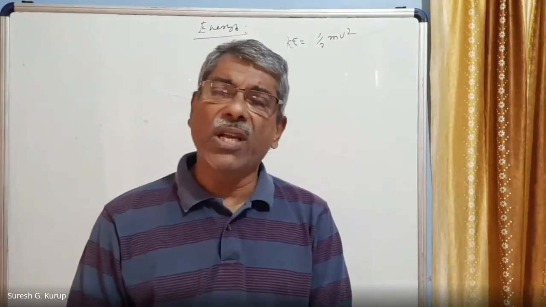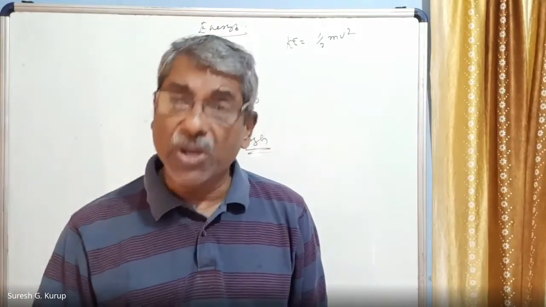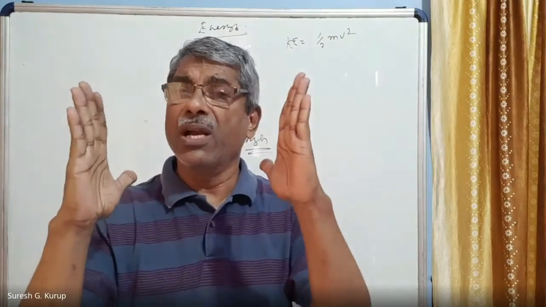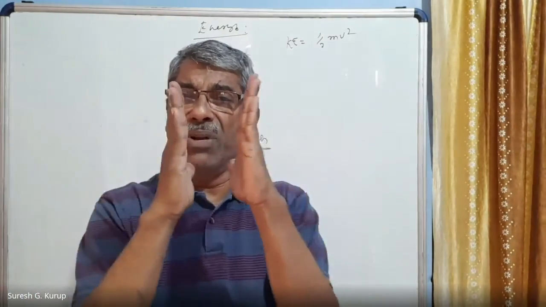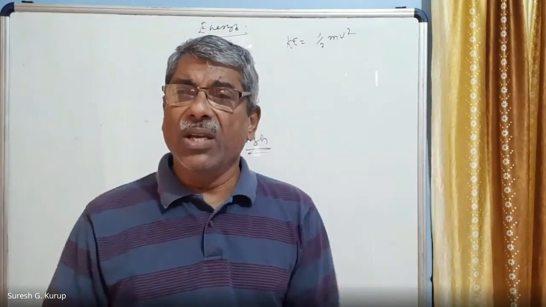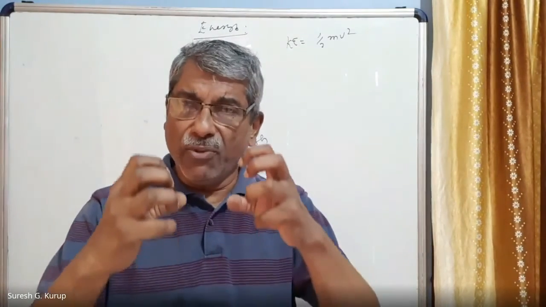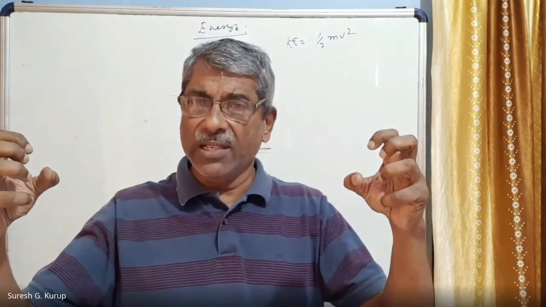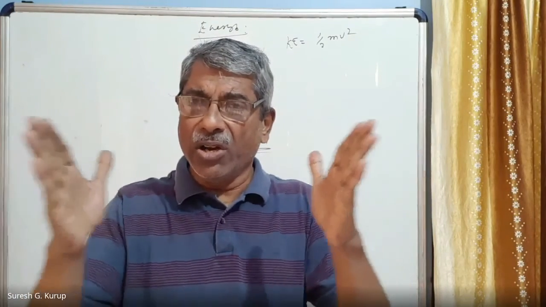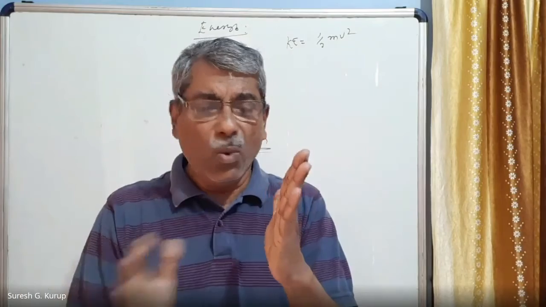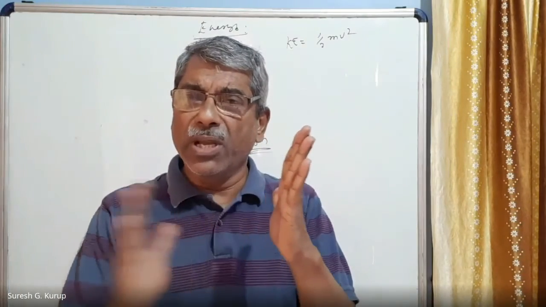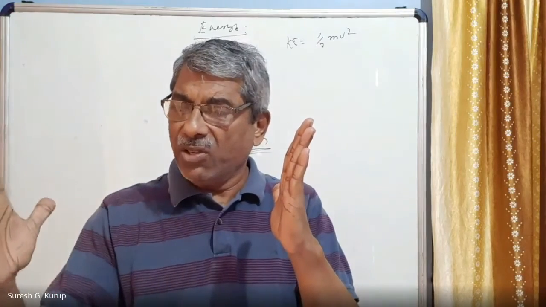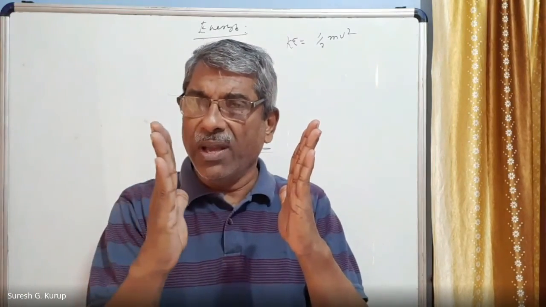The other one is what is called elastic potential energy. Elastic potential energy means energy due to the configuration of a body. For example, a spring is taken in between the hands and it is compressed or elongated. You have to apply a force. If force is applied and the force is moving a certain distance, either it is compressed or it is elongated. In both cases, one part of the spring is fixed and the other part is compressed. Therefore, we are actually applying the force and moving a distance.